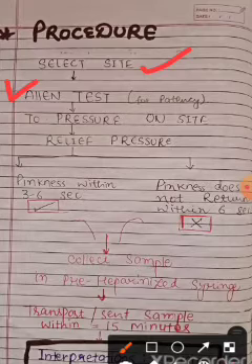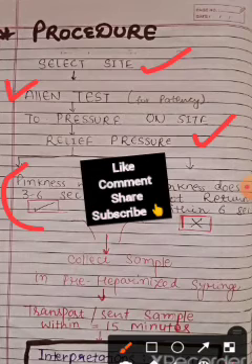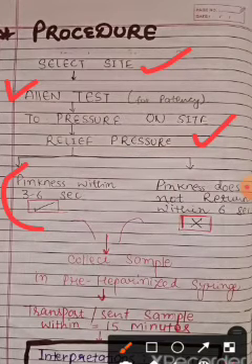How do we perform this test? First of all, we put pressure on the site, that is on the radial side. Next we release the pressure and check for pinkness. If there is pinkness within 3 to 6 seconds, it means the artery is patent. But if the pinkness does not return within 6 seconds, we should not select that site. For example, we have selected the radial artery and pinkness within 3 to 6 seconds is there.